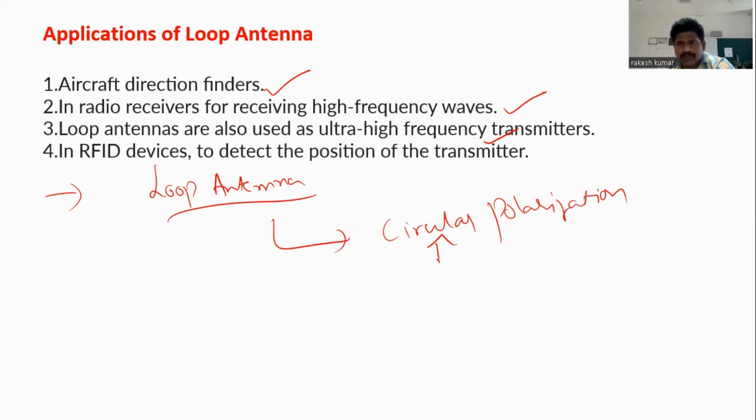What is the necessity of circular polarization? All our mobile phone antennas generate circular polarized waves. If it is not a circular polarized wave, you can talk only in one direction. If you bend the phone like this, the E tangential component becomes zero. But if it is circular polarized, you can talk in any direction. So that is the main application of the